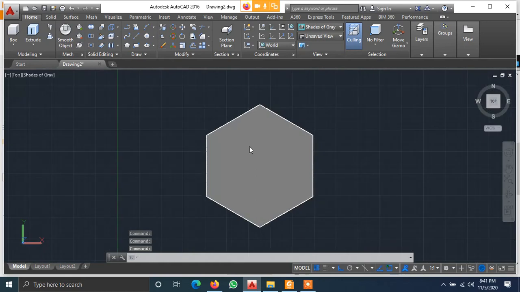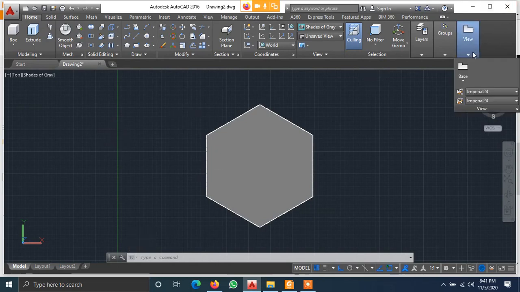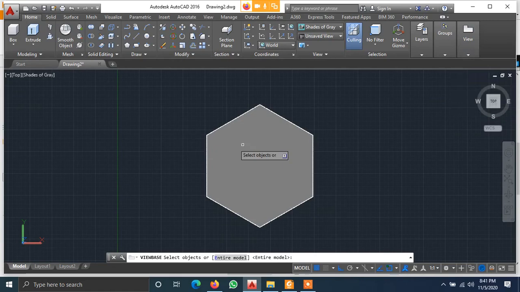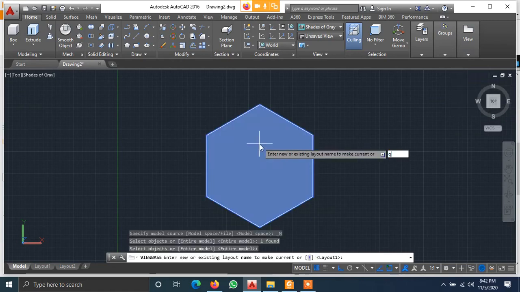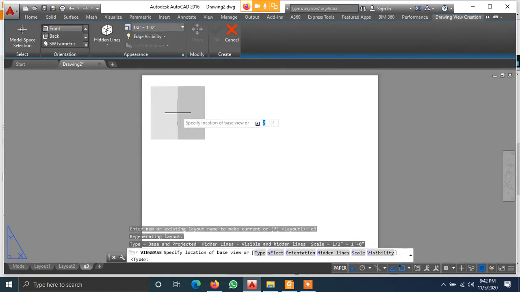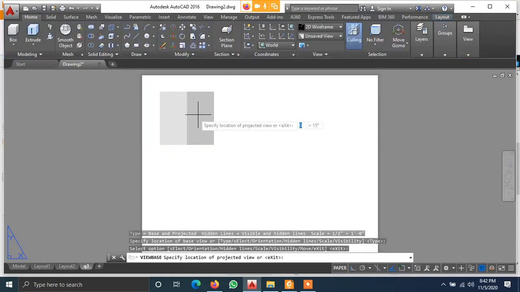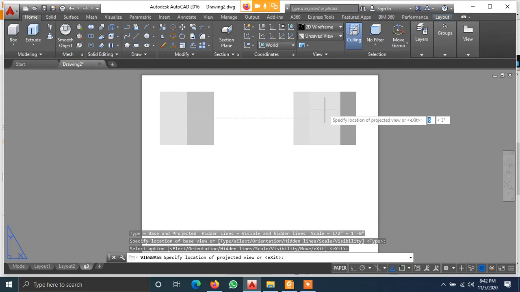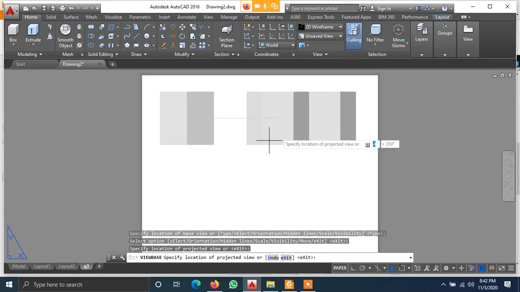The top view is very much clear. So the base side is parallel to the wall. Again, follow the same thing, which is view, base, model from space, select the object, which is question number 3. Once you click on this layout, after placing the object, give an enter, then you can switch to different views.